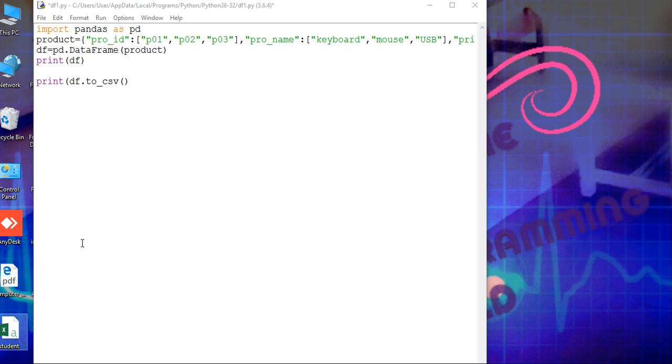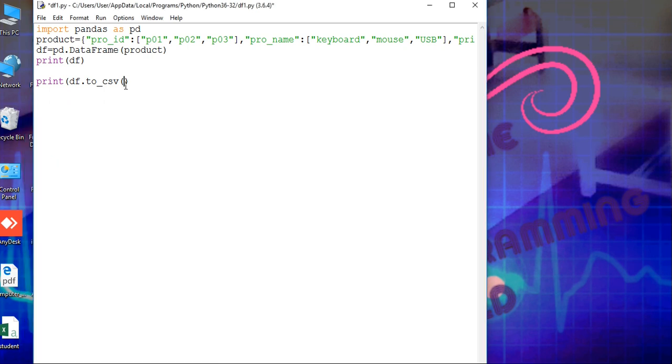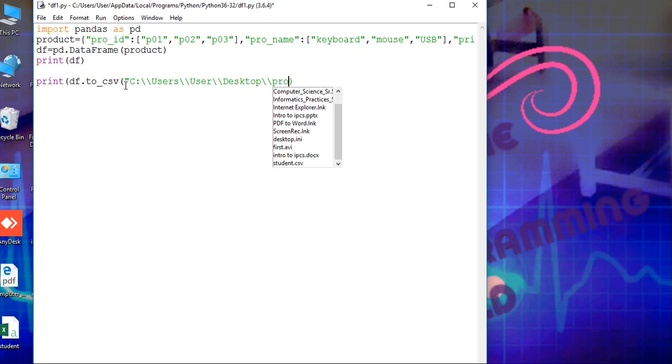So firstly copy the URL, and use the double slash here. After that use slash and type your file name, product.csv, and execute.